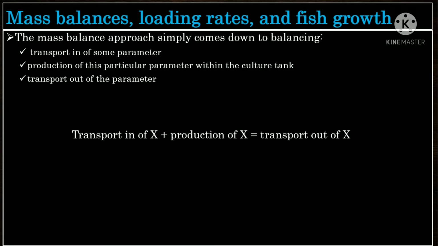So the mass balance approach simply comes down to balancing the transport in of some parameter, the production of this particular parameter within the culture tank, and the transport out of the parameter. In word equation form, the transport in of x plus the production of x equals the transport out of x. So take note that the production term can be negative, meaning the consumption of a certain component,